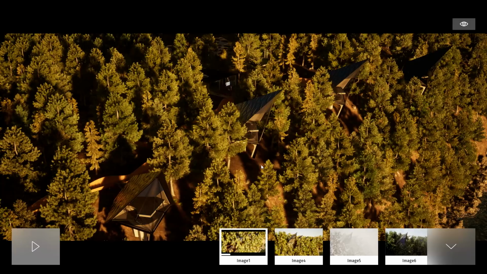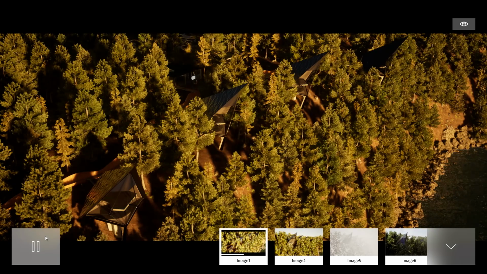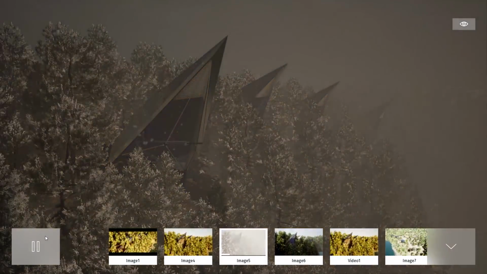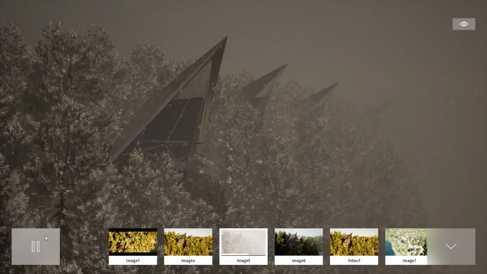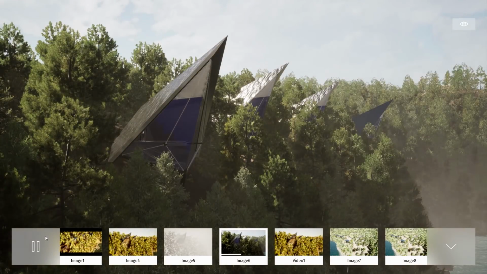But the presentation can also be in a locked state. That means that you will define specific points of view and the user will just be able to follow the points of view you have set up in your presentation. And here I'm just basically switching to my different slides, similar to a PowerPoint. Here I have different variations of the same point of view and I'm switching from one to another. After that, I have my video that will start to play.